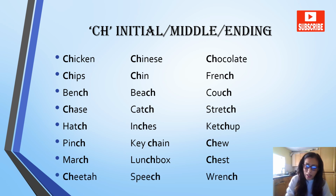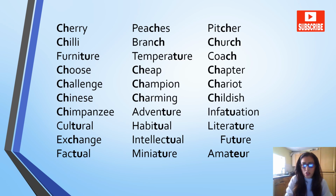chest, cheetah, speech, wrench, cherry, peaches, pitcher, chili, branch, church, furniture, temperature, coach, choose, cheap, chapter, challenge, champion, chariot, Chinese,